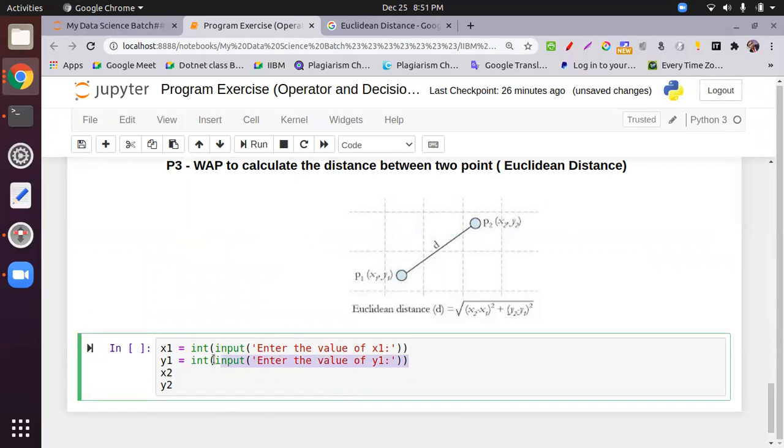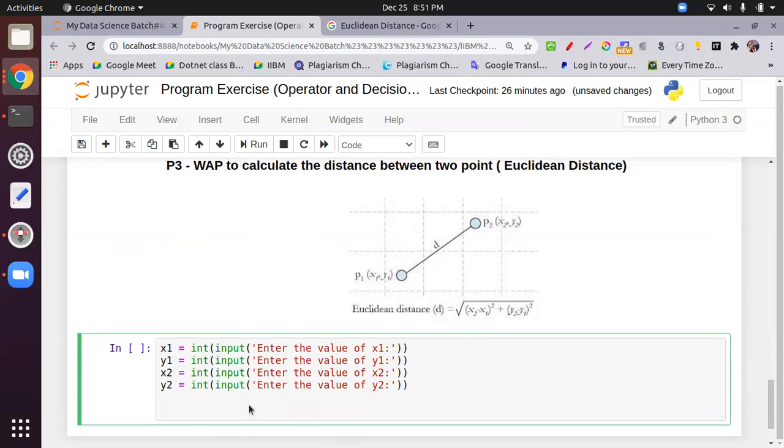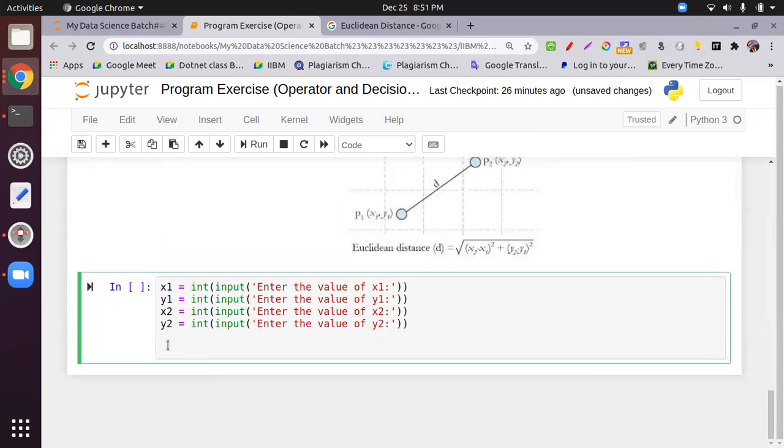Enter the x1, y1, then x2 and y2. All right, these are my 2 points. Now we have to put the expression once again. So what distance am I taking,